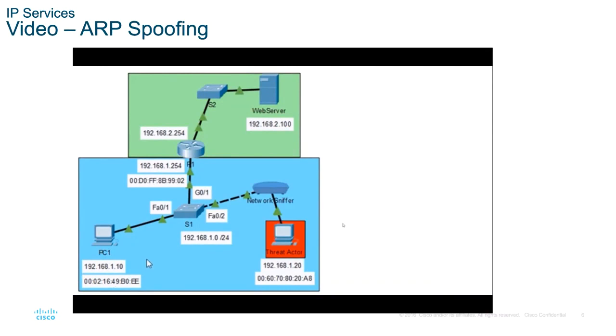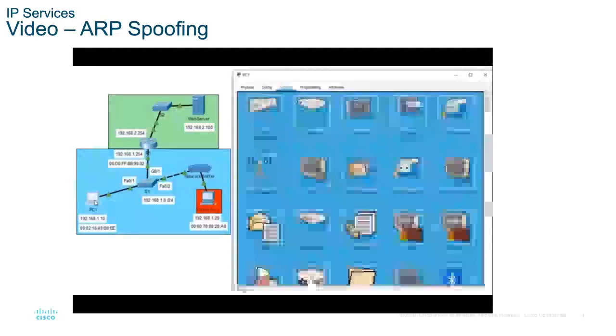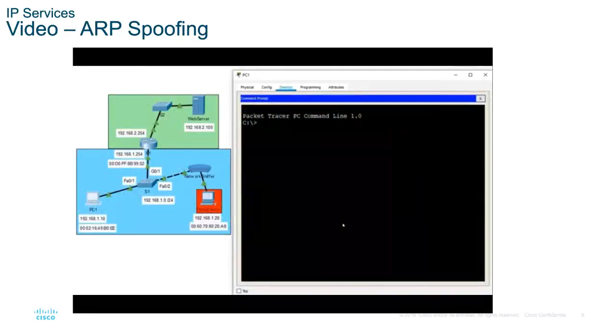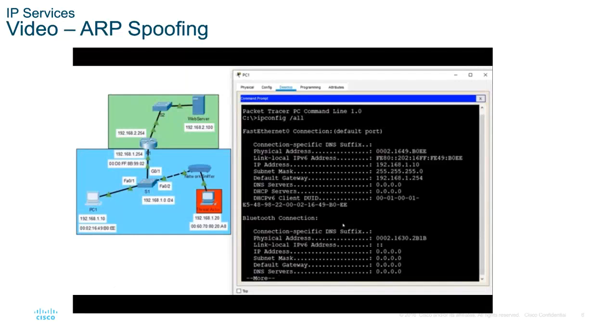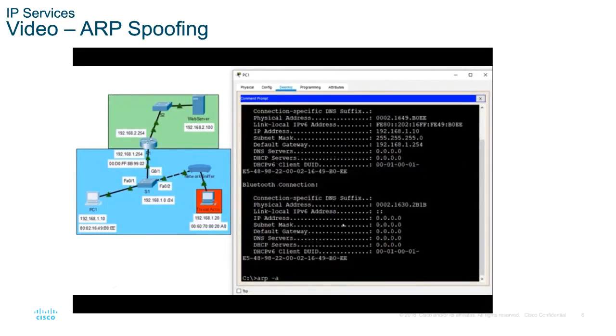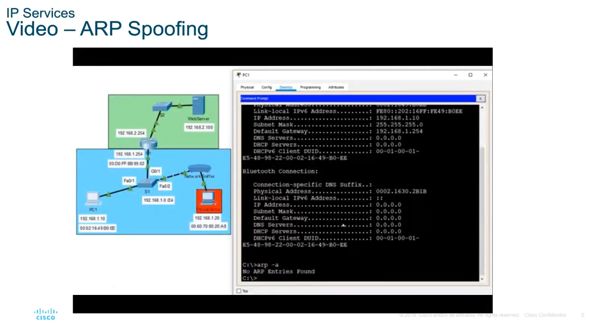Now, quick recap of how ARP works. In order for PC1 to get to the web server, it needs to know the MAC address of its default gateway. So let me open up PC1, go to my command prompt, and we're going to do an ipconfig /all. With our ipconfig /all, we'll see that PC1 has its MAC address of B0EE. It's got an IP address of 1.10, and it knows the default gateway IP address. It knows the router is 192.168.1.254. However, if I take a look at my ARP cache with an ARP -A, there's nothing in there. It doesn't know the MAC address yet for router